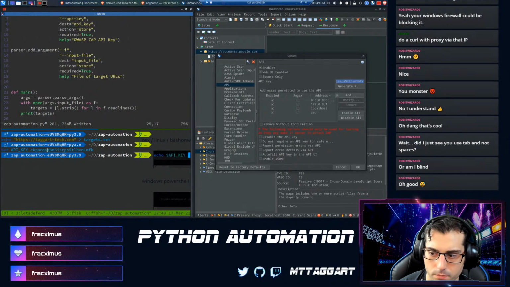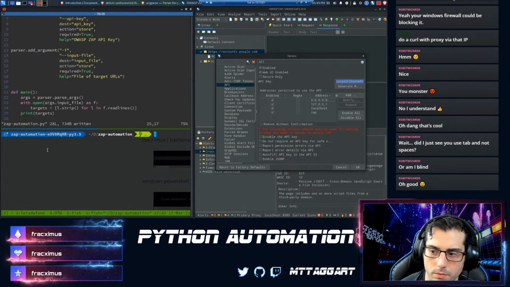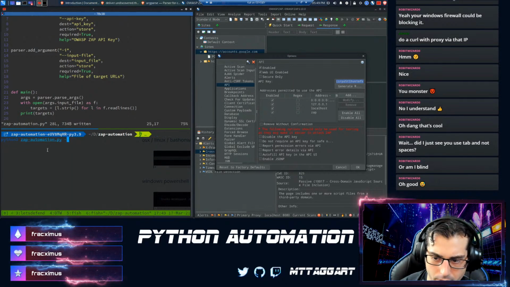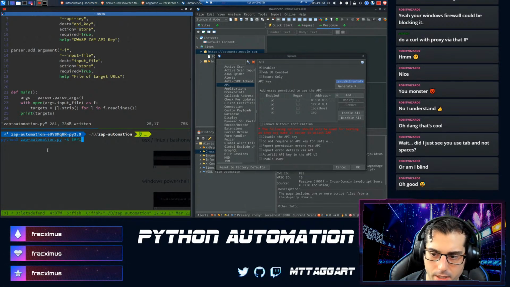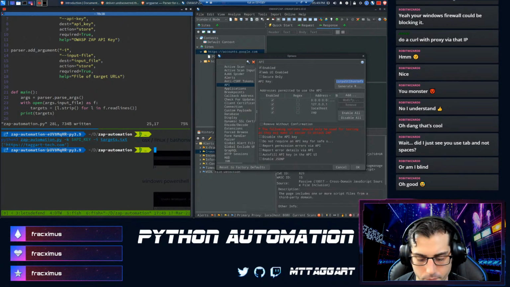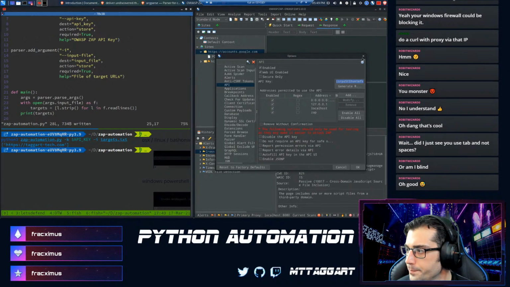Works the same way though. So python3 zap automation, we'll give it the K and we'll give it the API key, and then the input file of targets.txt, and I should just get the targets back, which I do. So far, so good.